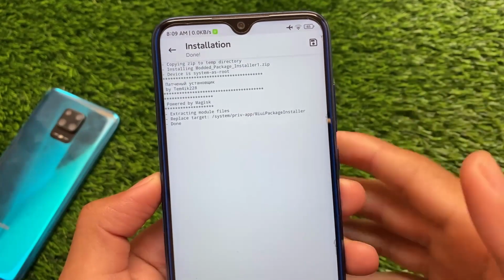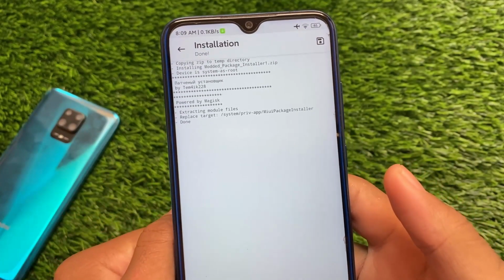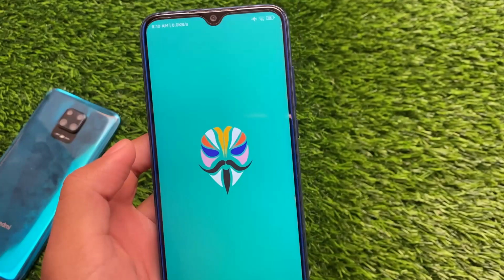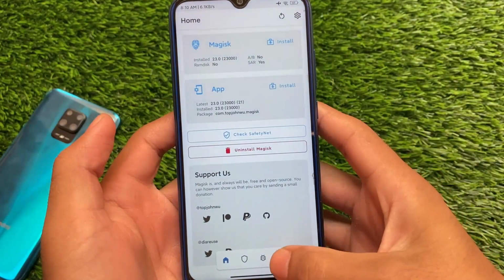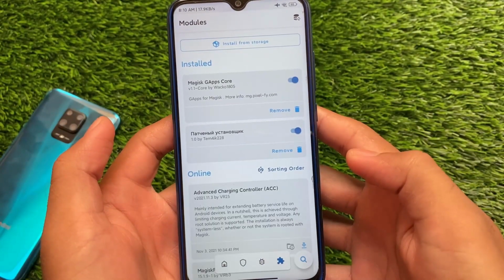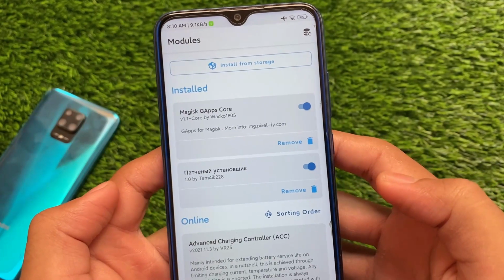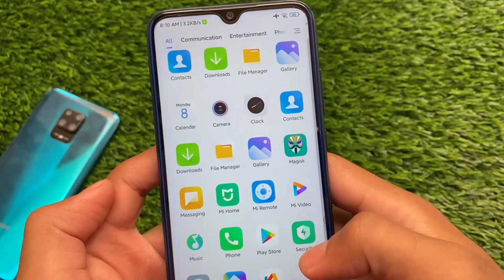I've already installed this module right now, so if you don't know, you need to install the module and then you need to reboot your device, because if you don't reboot, things might not work for you. Let me just reboot my device once, and you can see I've rebooted my device. Let me show you by going into Magisk here. This is what we are having. The text is in some different language, which is of no use. By the way, we don't need to find out what is written there because we've installed the Magisk file.